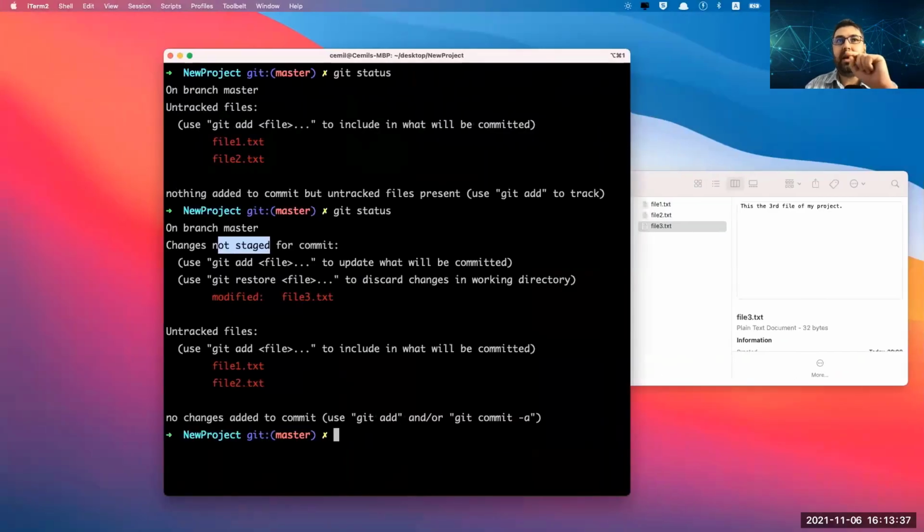So, okay, I modified this and I still want to continue with file 3. I should say git add file3.txt again before I commit this. Running this command previously doesn't mean that it will always be tracked.